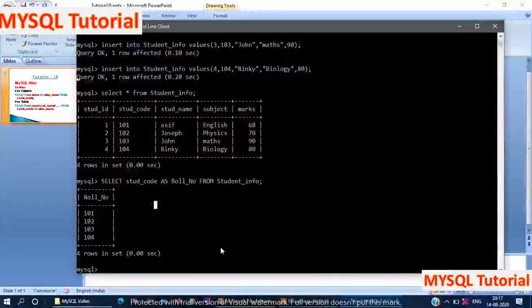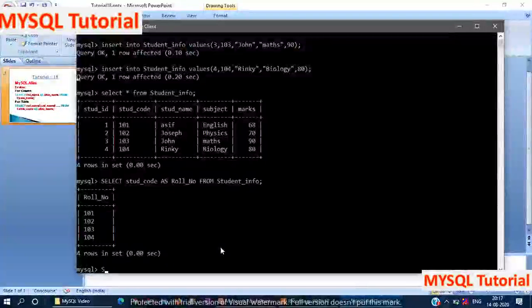Again we take another example. Select student code as roll number.